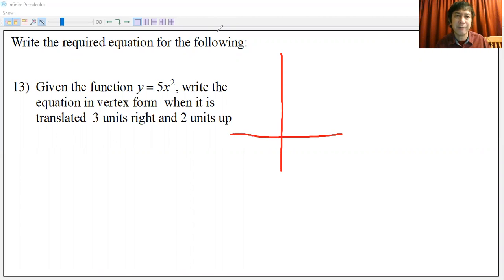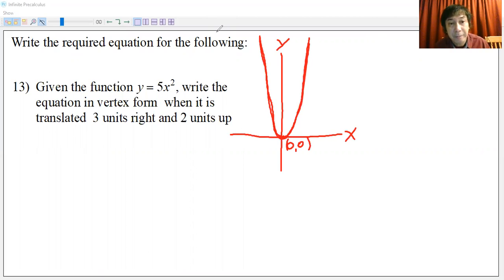Okay, this is 5x squared. So the vertex must be at the origin. It's like that. All right, this is the origin, 0, 0. This is the x, and this is the y, like that. That's the y equals 5x squared. Now, write the equation in vertex form when it is translated 3 units to the right, and 2 units up. Okay. So